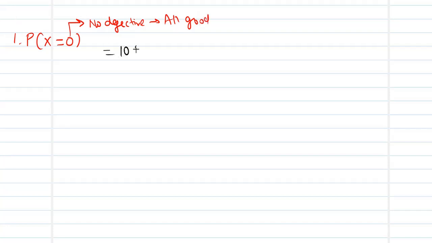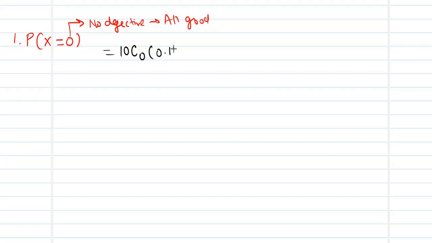So we are going to go for the probability that all of them are good, so none of them are going to be defective. So what does 0 stand for? 0 stands for no defective, no defective. So it is going to be all good, all good. So how to express this? This is nothing but equal to